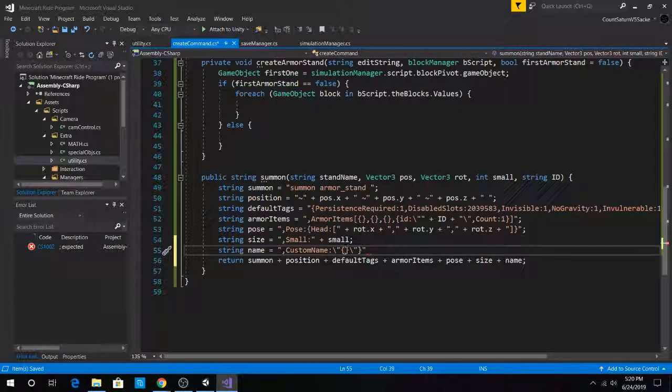Now I need the backslash, so slash, and then slash, wait, dear gosh, this is gonna look so ugly. Okay, slash quote text slash quote